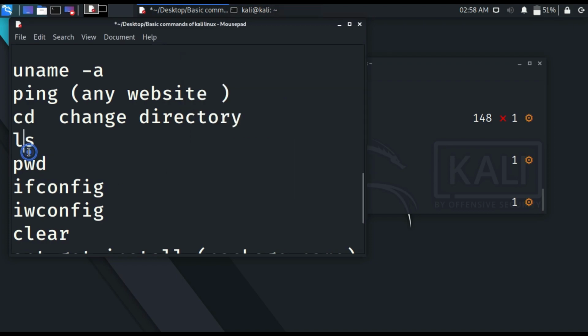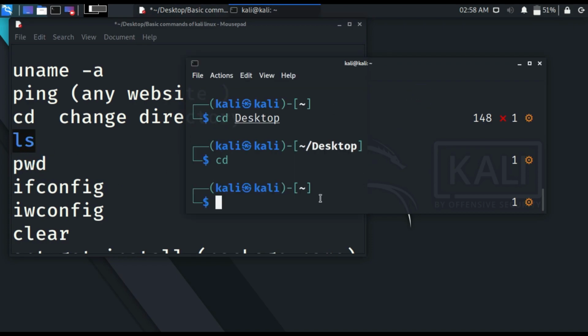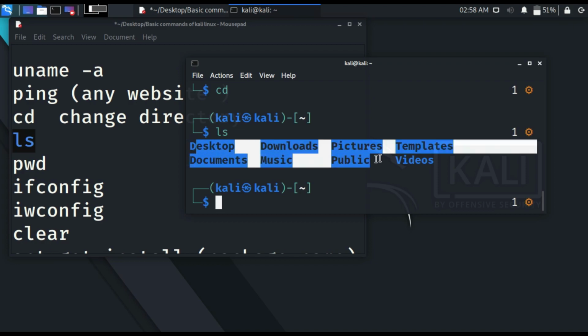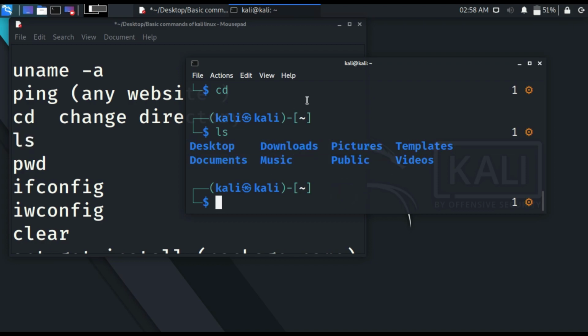The fourth command is ls. This command is also very useful. By this command we can list. The full form of this command is list. So if we are here in root, we can write ls, and we can see there are many folders. There are only 8 folders. By this we can see, now I am in root. I have written ls, list. So by listing, these are the folders which are available in this root.